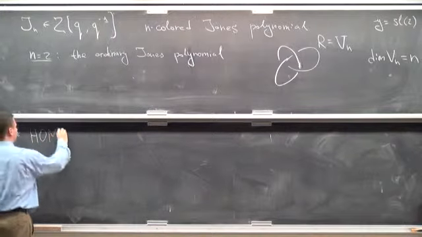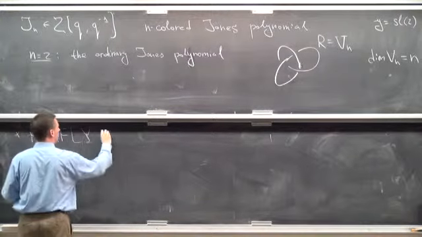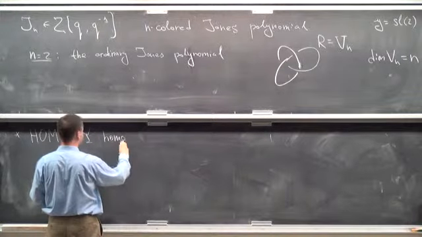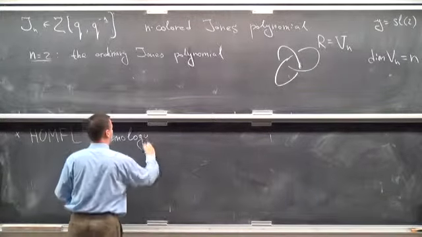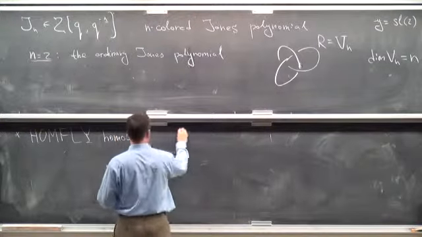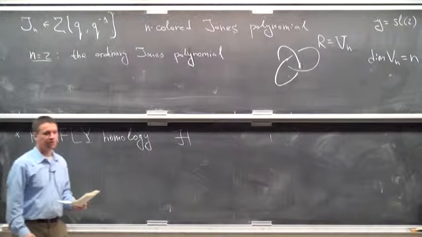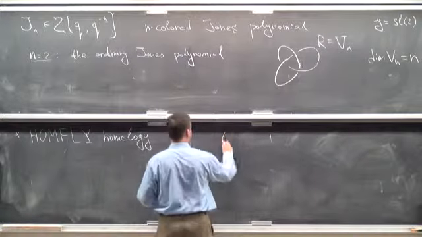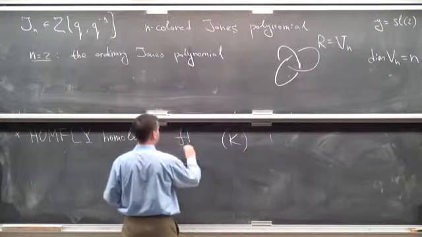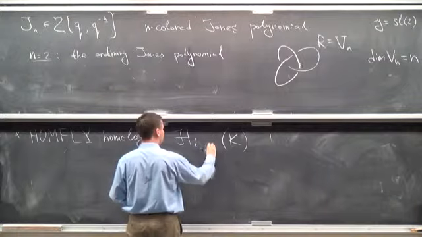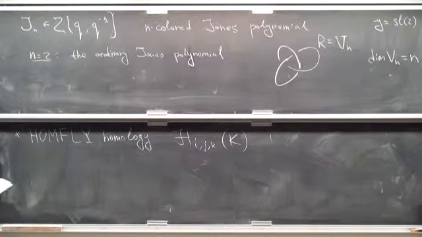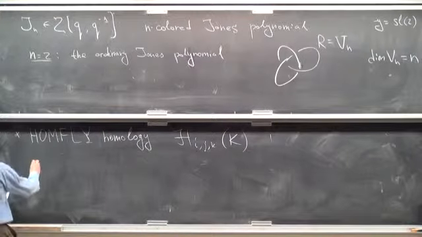So Homfly homology does a similar job, but it has one slight difference. It's also a homological knot invariant which we associate to the knot, but it carries 3 gradings, I, J, and K, and has the property that